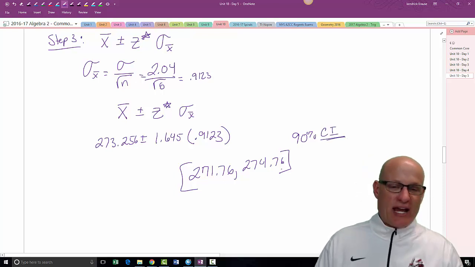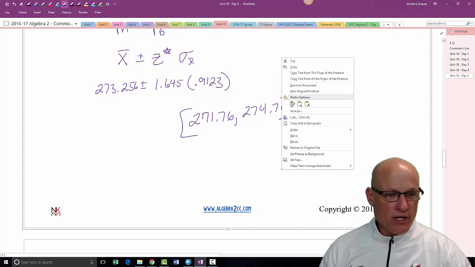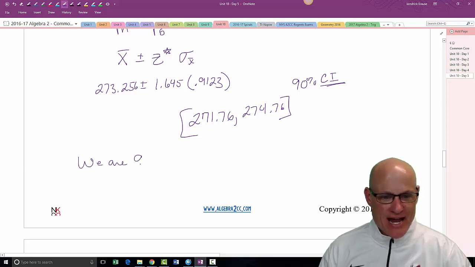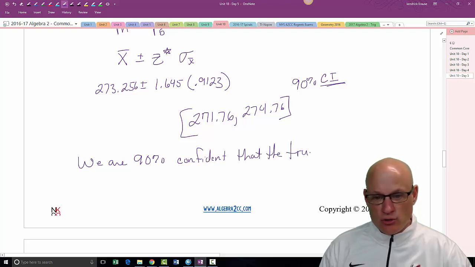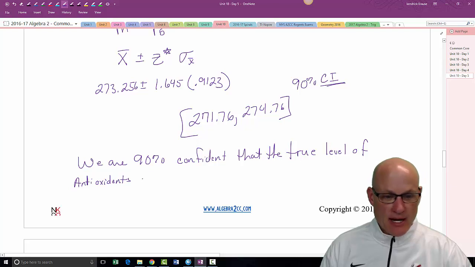Now I've got to make sure I understand what that means. Let's just say this: we are 90% confident that the true level of, now I'm going to make it more meaningful to this problem, and I'm not going to be able to spell antioxidants, I knew it was coming up, of antioxidants in the population lies between